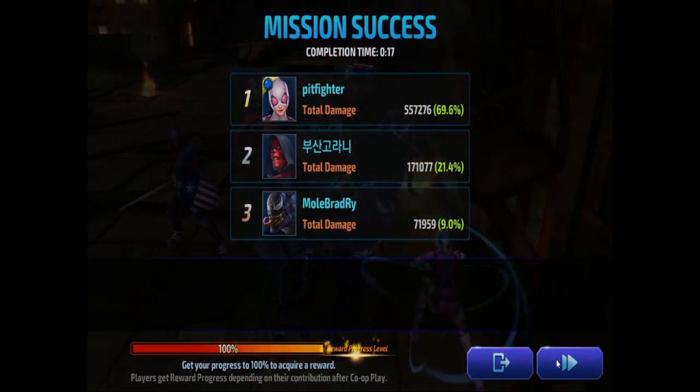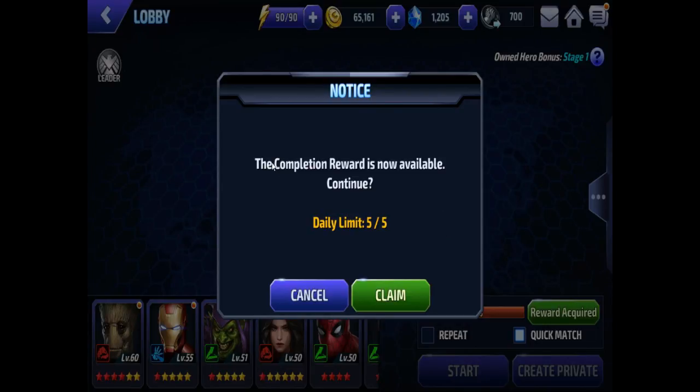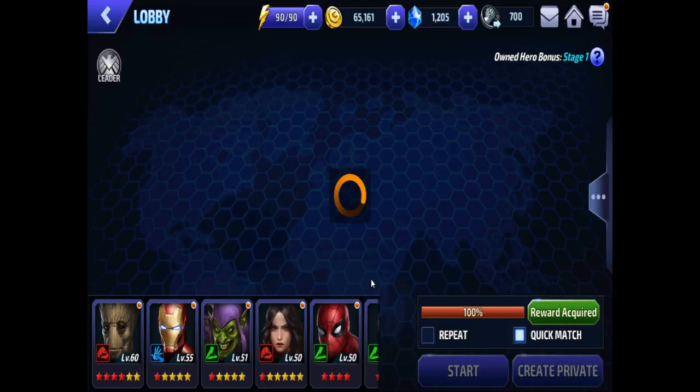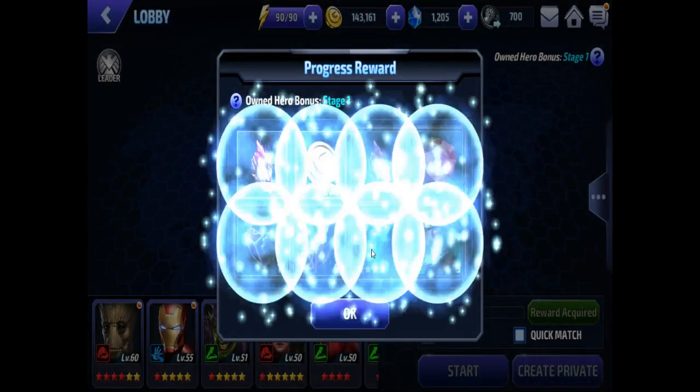Okay, so I hit 100%. Now let's see what exactly reward acquired. I have a daily limit of 5. So I apparently acquired